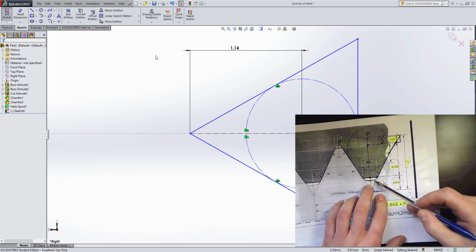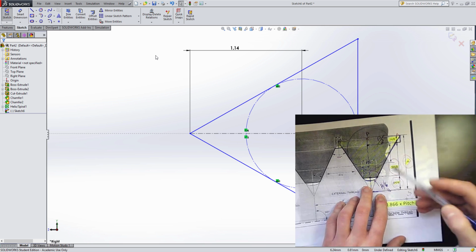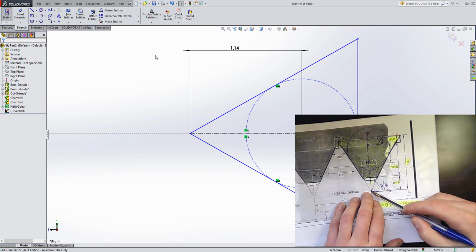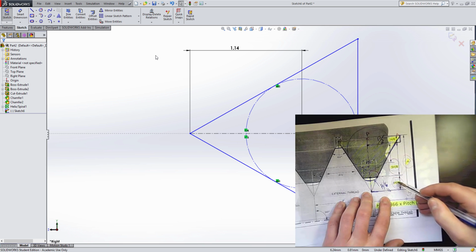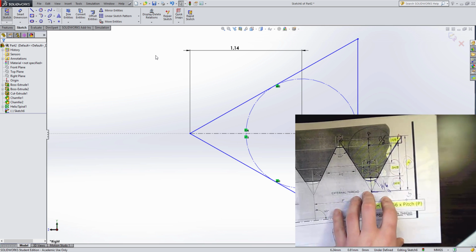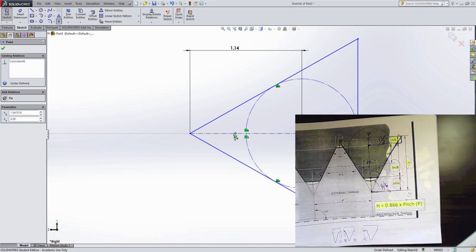But the way that is going to be more understandable for you is by creating a point on this center line and measure this distance here, which is h divided by 4. Select the point, click on this center line, escape,